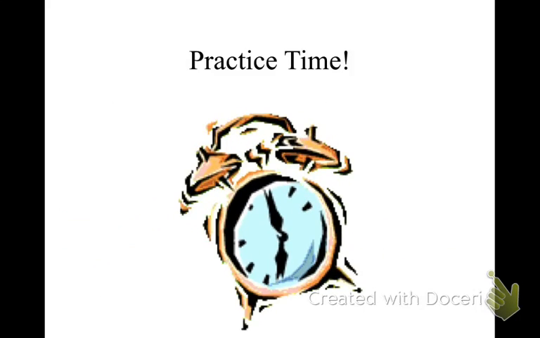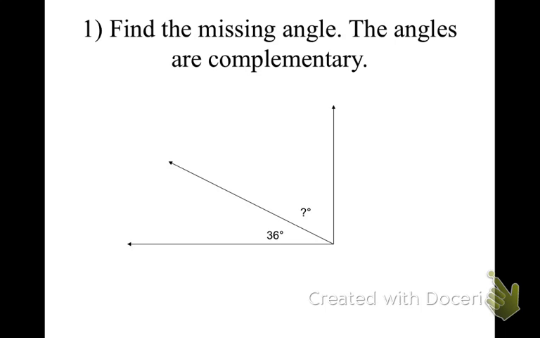We're going to practice a few. Find the missing angle. The angles are complementary. When we say that the angles are complementary, we know that they add up to 90 degrees. So therefore, we can take